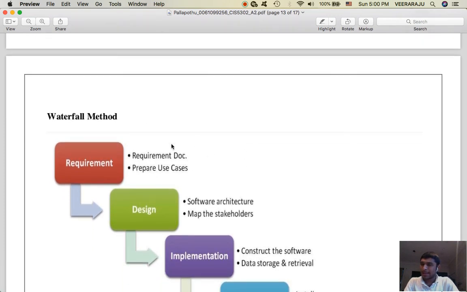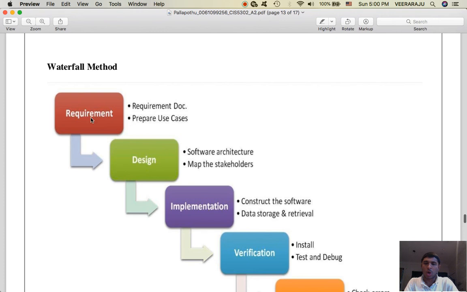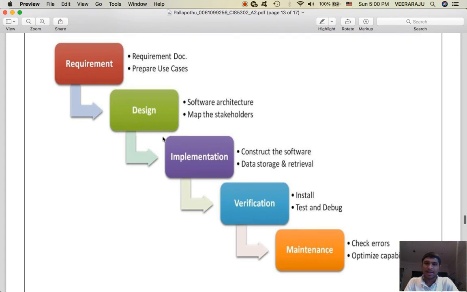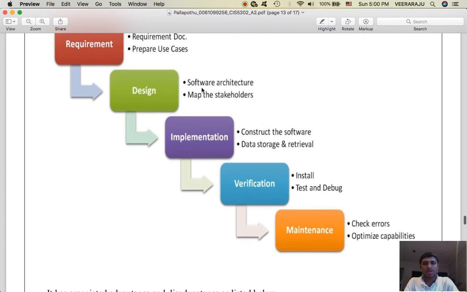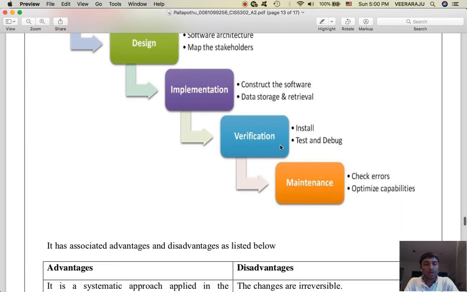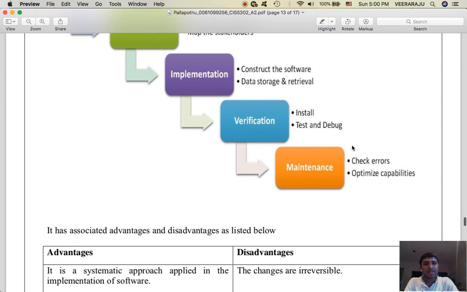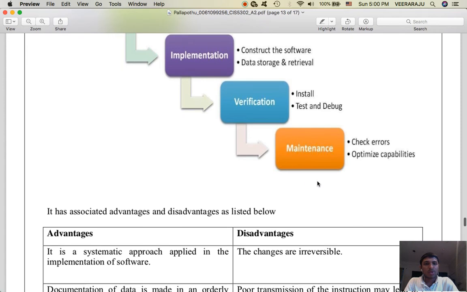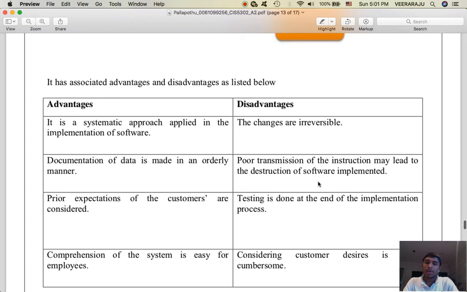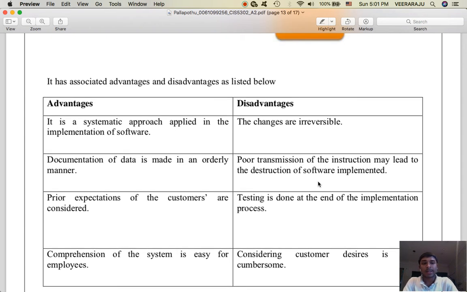On the next page, for the waterfall method, I explained what they require and how the requirements document is prepared, how they use cases and design, how they map the stakeholders and implementation, how they construct the software, how they verify, test and install the software, and how they maintain and check errors and optimize capabilities. And here, coming to the waterfall method